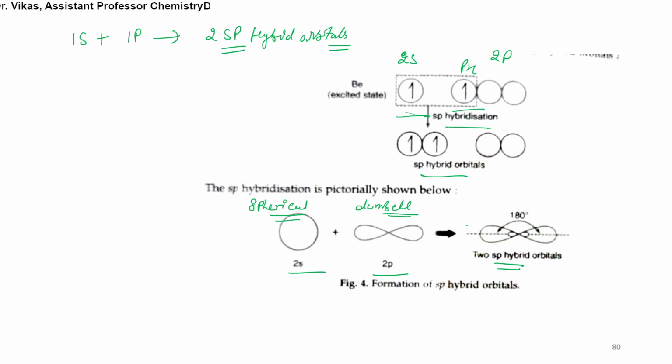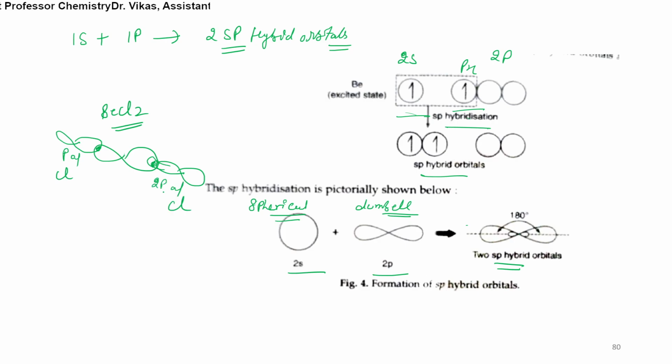If we discuss the case of BeCl₂, in that case, okay, this one is the p orbital of chlorine. There is a formation of the covalent bond. This one is the 2p of chlorine, and this one is the 2p of chlorine. And in the case of hydrogen, as we can see,